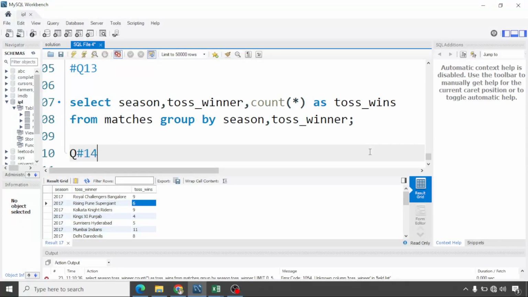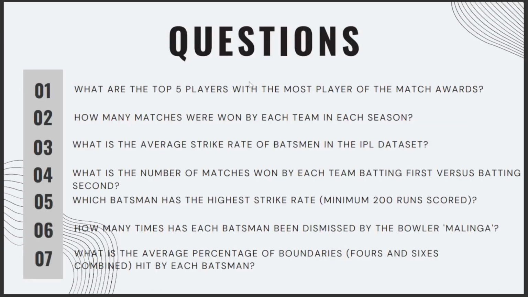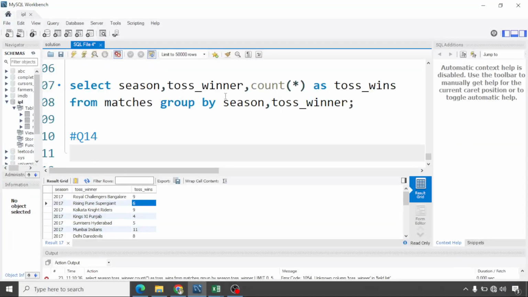Now let's move ahead with the next question, question number 40. How many matches did each player win the player of the match award? Now in the first question we had done a similar query, but we found the top 5. But here we want to find out for each and every player in the data. So let's do that. Select m.player_of_match, this is the name of the column, comma count star as total